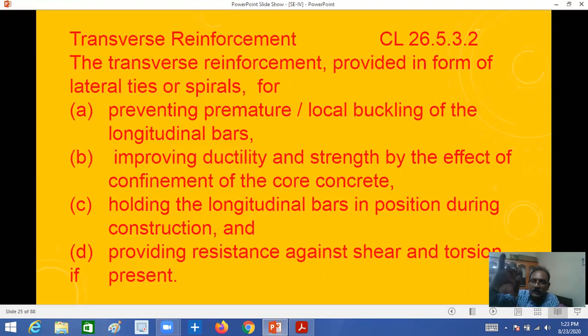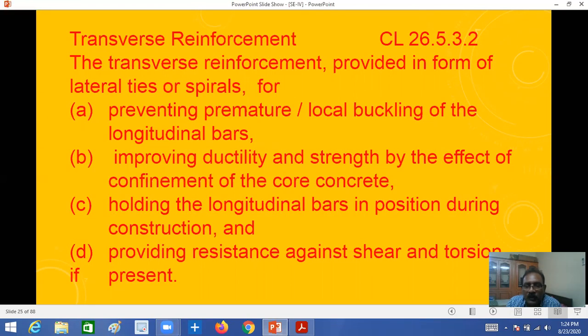If you see here, it will fail if you don't have any ties. Ties improve the ductility and strength through the confinement of the core concrete, hold the longitudinal bars in position during construction, and also help in holding the bars